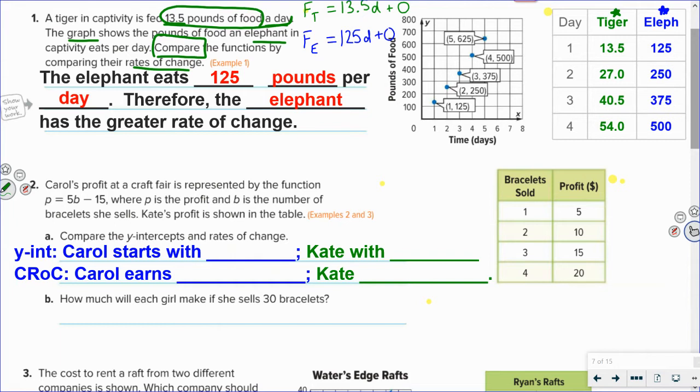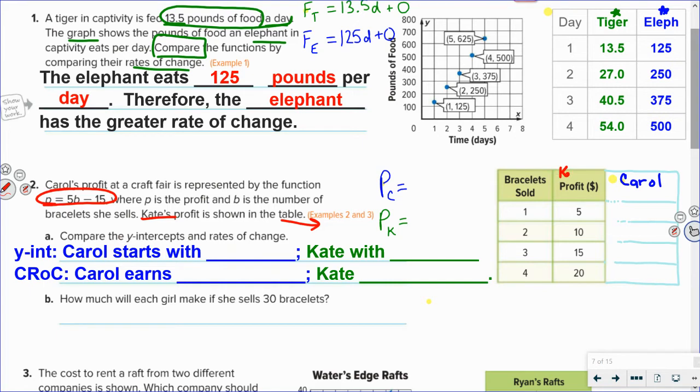All right, let's just go back and mark up our text, shall we? What do we have here? Carol's profit, and we're given an equation. Kate's profit, shown on the table to the right. I'm wondering at this point which you prefer. Some folks will go right to equations. Other folks, again, a lot of my students like tables. So if I were to just make a back-to-back table,